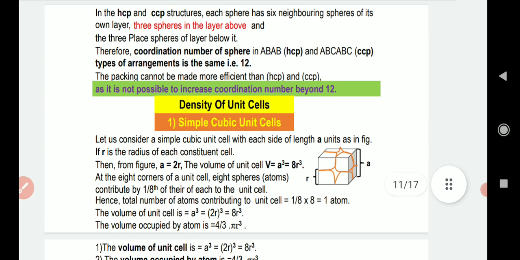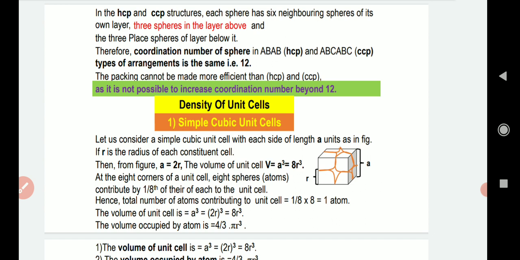Now, hence, what is the overall conclusion? I can conclude that the coordination number of the sphere in AB type of arrangement is 12. Even in ABC arrangement, it is 12. See, AB type of arrangement produce kasa hoto by using tetrahedral void. ABC arrangement is produced by using octahedral void, and ABC arrangement is giving rise to CCP, cubic close packed structure, and HCP is hexagonal close packed structure.